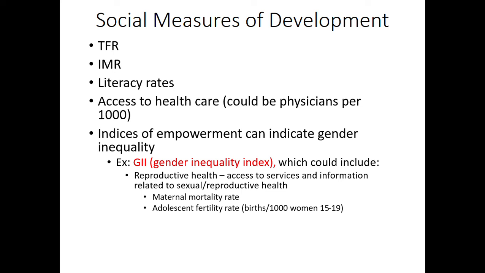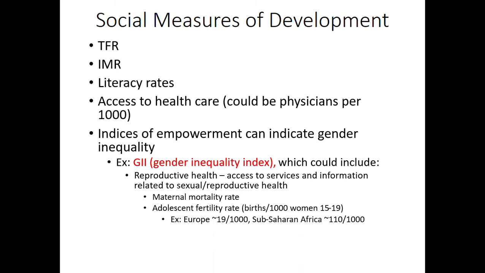Obviously, you can have children before you're 15, but that's what the statistic focuses on as part of GII. The more births you have per 1,000 women 15 to 19, probably the worse off your women are. They may not have quite as much access to education. They may not be able to talk to somebody they trust about when to have a child and what to